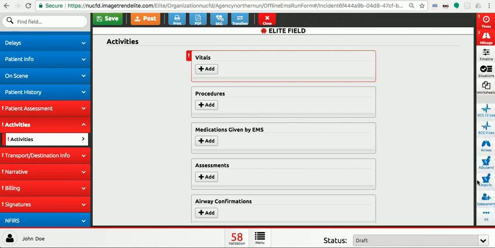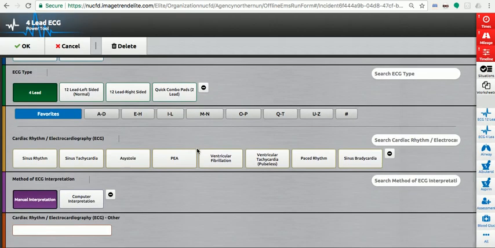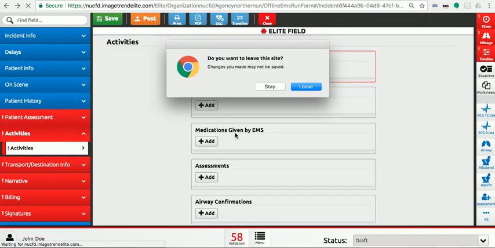When you do some of the different things, you may have to come back in, and even though you did it over here in the power tool, there may be one button that is not in the power tool that's required information. I believe I changed it already for the EKG. Before, it required the method of ECG interpretation. If this isn't here, then you have to go back in your activities screen and change it. If it's red, you need to make sure